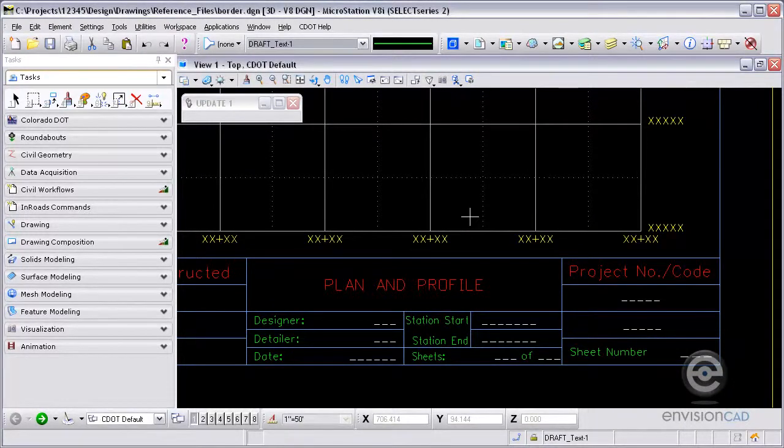In this tutorial, we will show you how to automatically populate the border using the plan and profile generator. The workflow to accomplish this is pretty easy. It's a setup that takes some work. In general, you need to have a border that is going to be used as a reference file. The border has data fields with associated InRoads tags. Then those tags are defined to read a DAT file